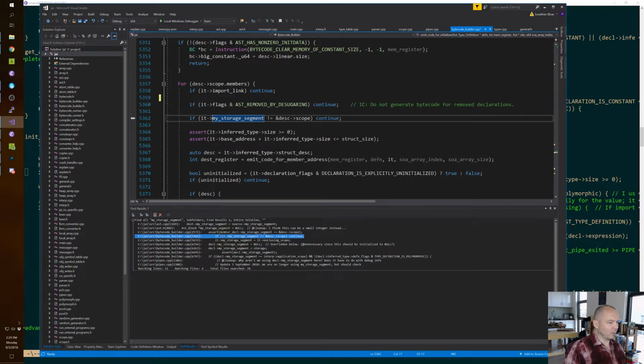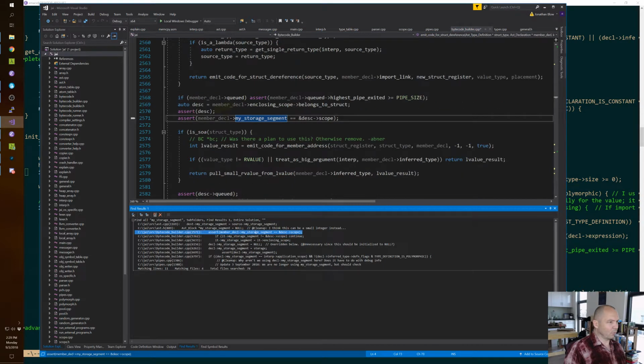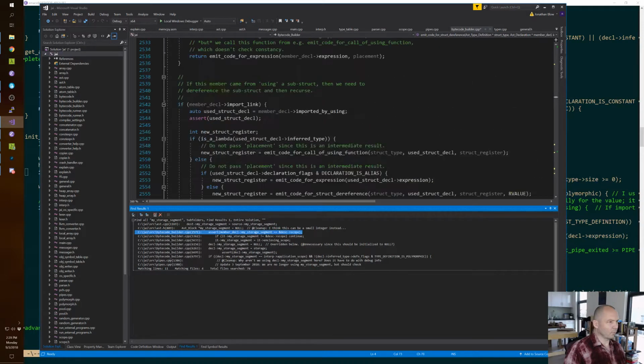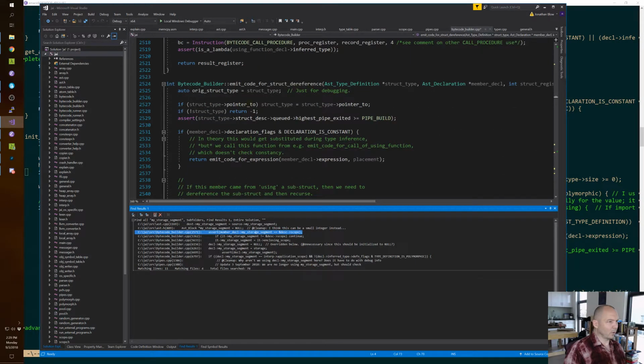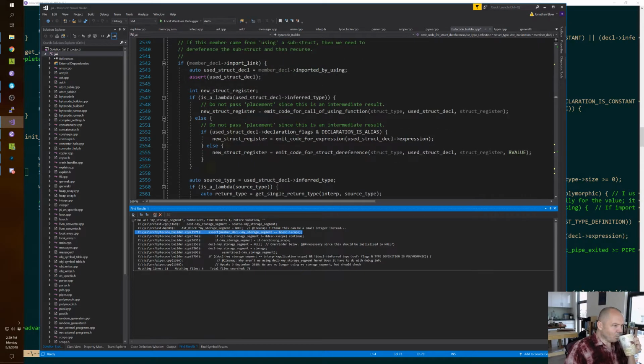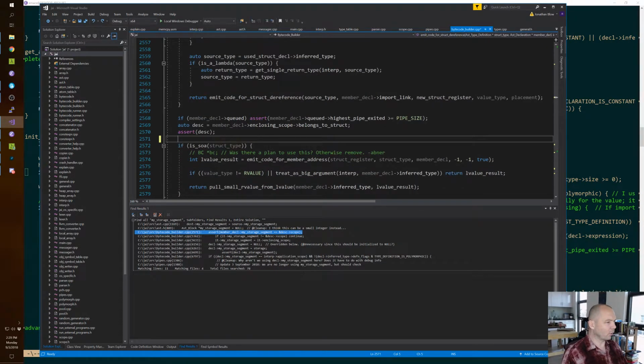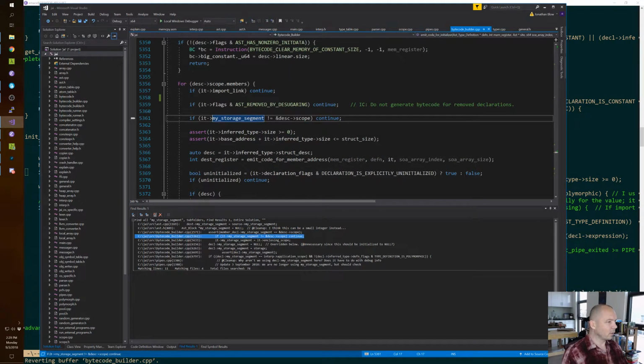But then there's this one. What is this about? We're emitting a struct dereference and constants are already handled. And import links are already handled. Right, so if we're down here, yeah. Okay, so let's get rid of this one. Well, let's get rid of this for now. And then 5362